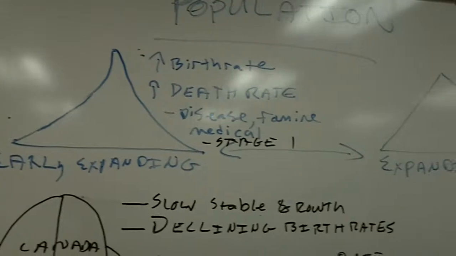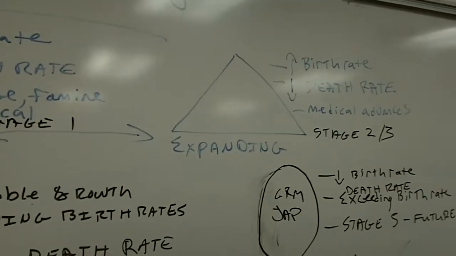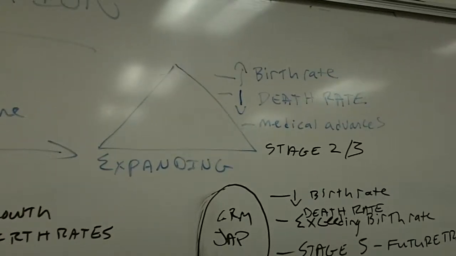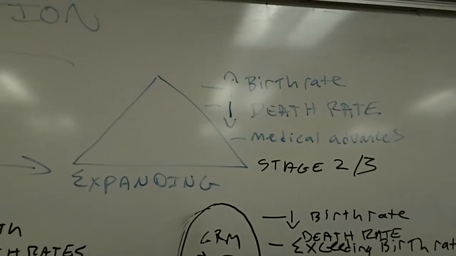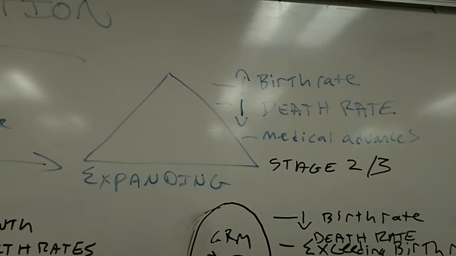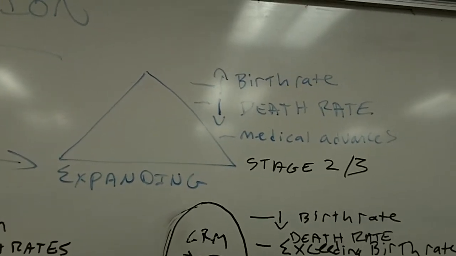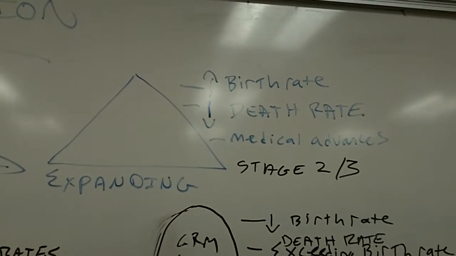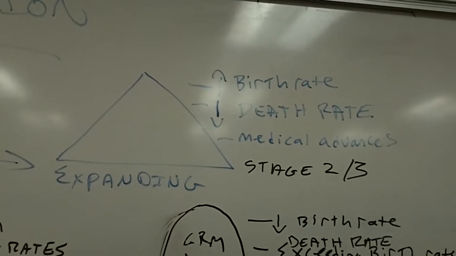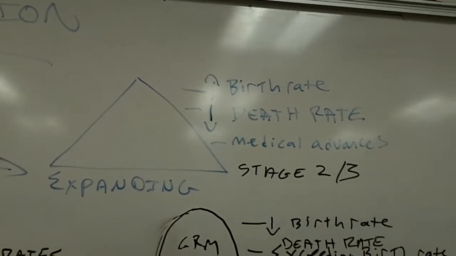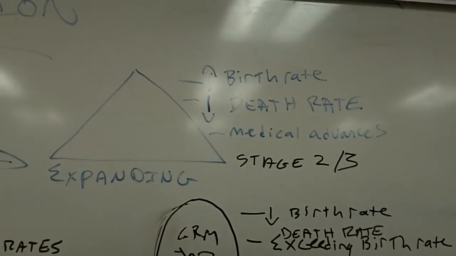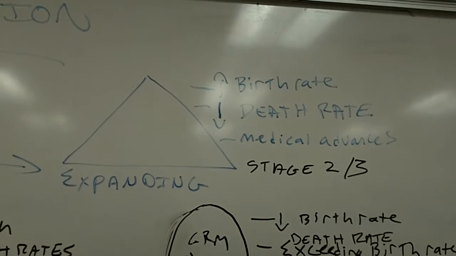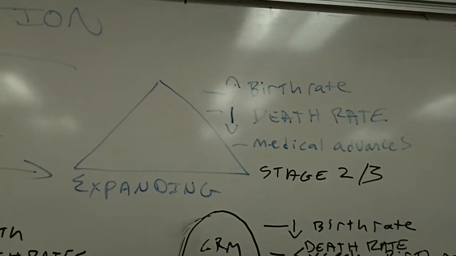The second population pyramid that we looked at was the expanding population pyramid, and this is one of the most dangerous places to be in the demographic transition model, which is stage 2, kind of stage 3. This is where the birth rate is continually high, but due to advances in medical care, sanitation, sewage, etc., the death rate falls. So you have a population explosion that you want to get under control, so you don't have a gigantic population that will take too many resources,